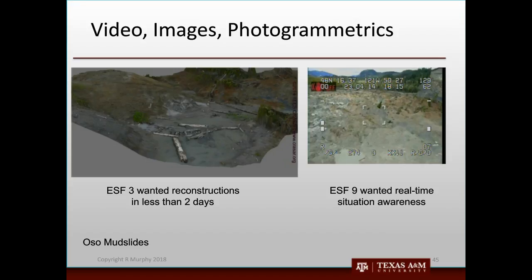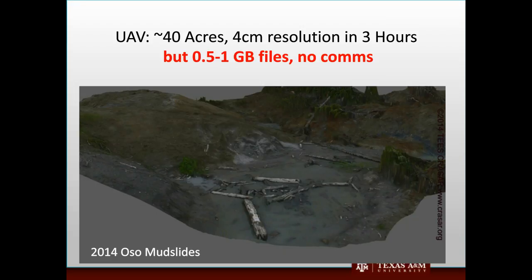Now, let me just throw in again this informatics and computing problem, and we'll continue to come back to it. That UAV at the Oso mudslides covered about 40 acres and created digital resolution maps of 4 centimeters. Wonderful elevation maps, great, in about 3 hours, but it was about a 1 gigabyte file for some of that. And there's no wireless communications. When you think about it, what cell network do we have that's going to do a 1 gigabyte file transfer? So in most cases, you'll find in disasters, emergency responders just get used to having a courier